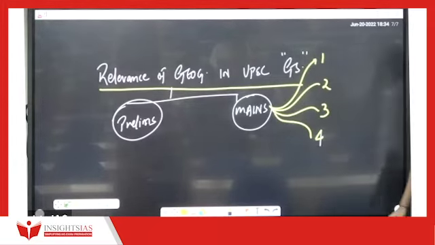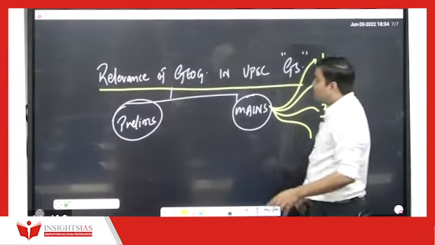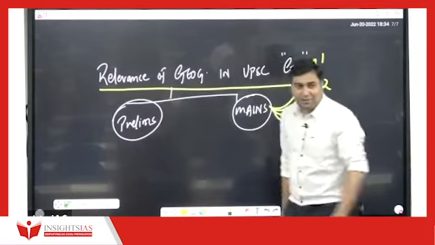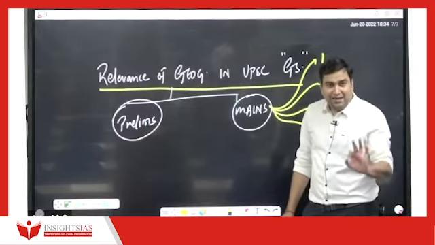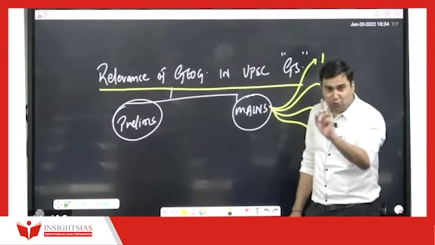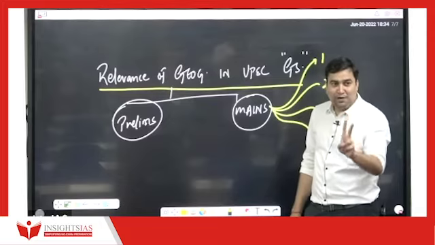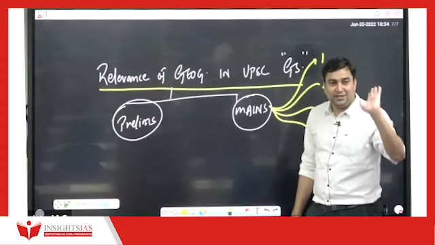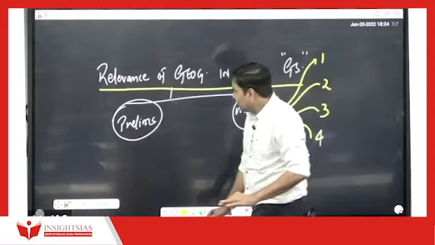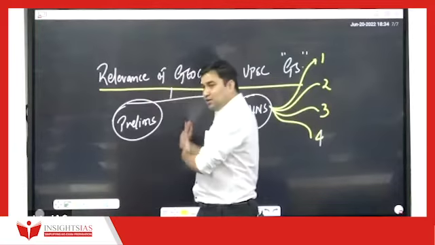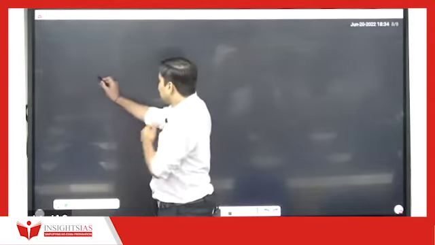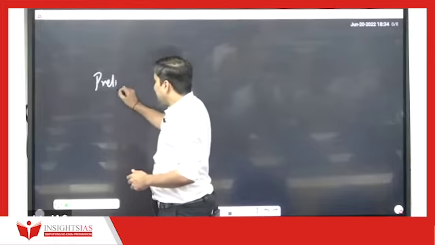Right? Geography directly correlates to each and everything, by analysis of 2022 prelims, 2021 prelims, 2020 till 2013. What we have seen, I'm writing on the next slide, of prelims. In the UPSC prelims examination,